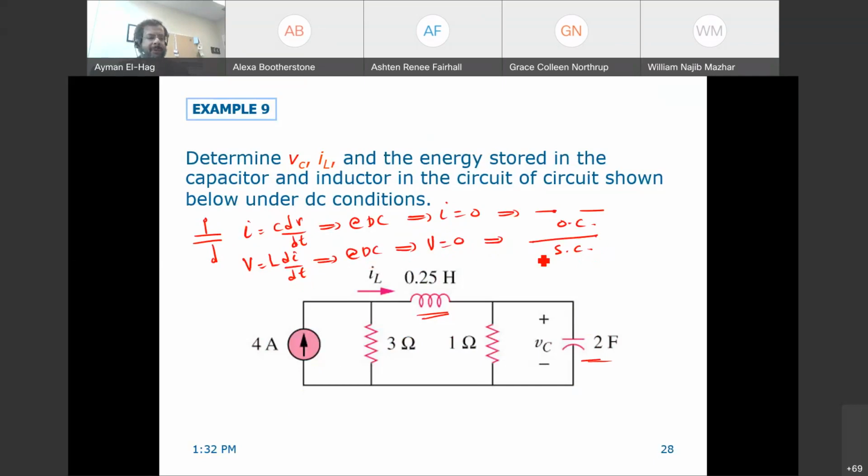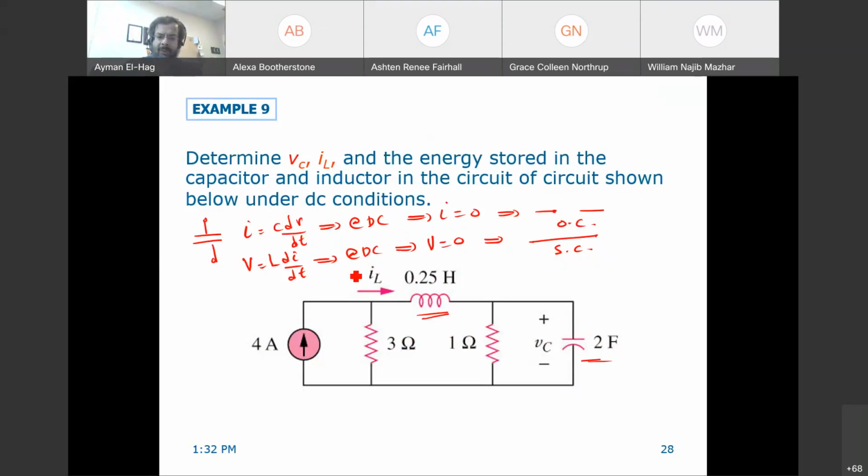This is very, very important, and it's extremely fundamental to know how much energy is stored in a capacitor or inductor when they are in a circuit. In the previous example, I just gave you an inductor floating. It's not connected to a circuit. I just gave you the relationship of the voltage, and I asked you what is the energy stored. Here is a different story. Here we assume that the inductor and the capacitor are in a circuit. I want to see what is the energy stored, although it's not stated here, but we assume the initial